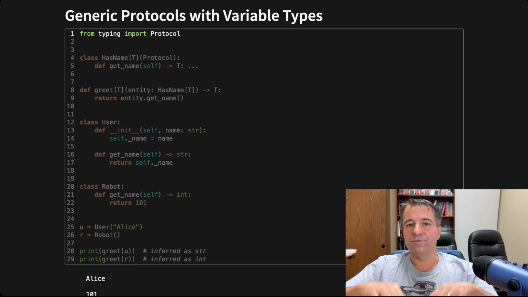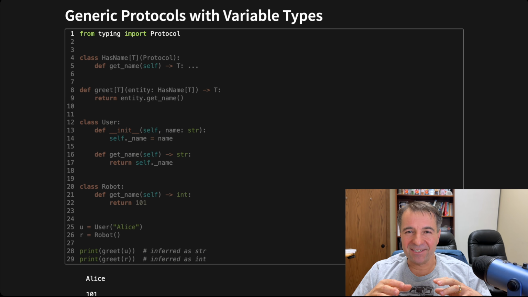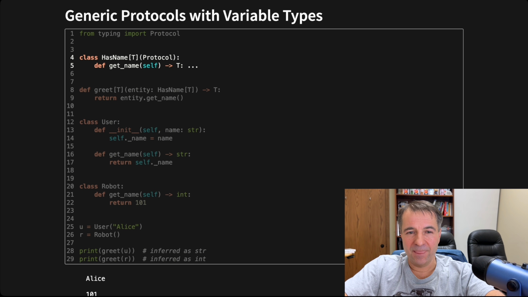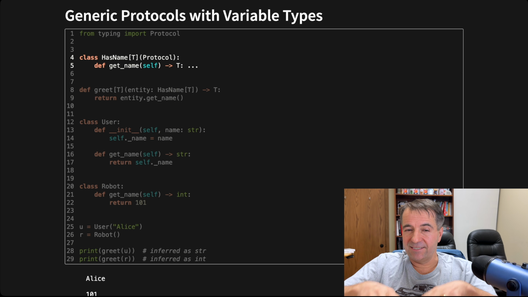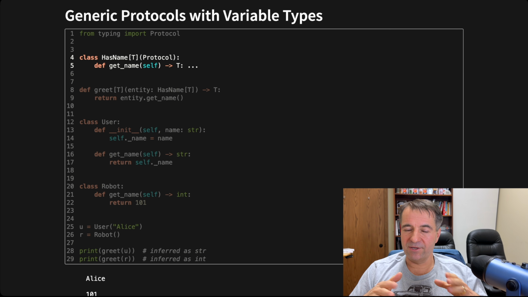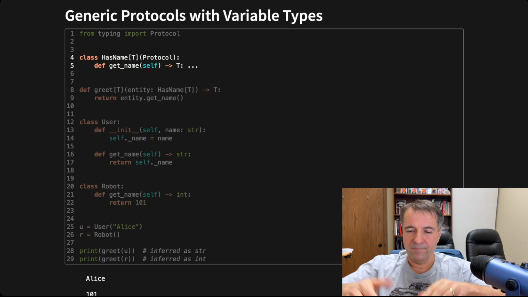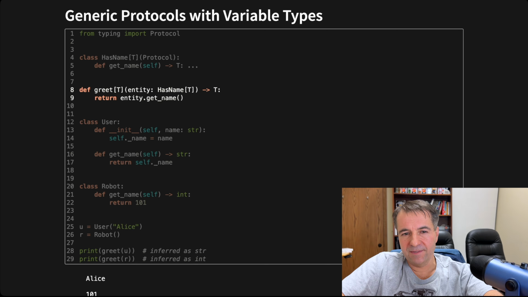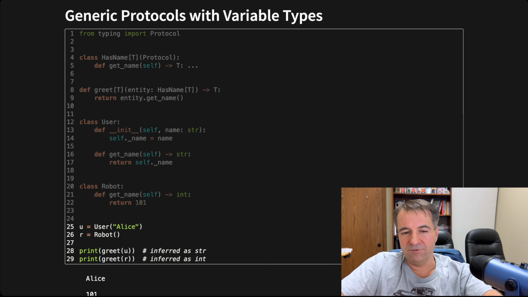Okay, so now you can also take the next step and do protocols with variable types. I'm just going to quickly show you what that would look like. So here we have a has name, but it can have a variable type. And in this example, the name can potentially be any type, because we have a robot there at the bottom that has a numeric name, line 20, and we'll get there. So we want to be able to support a getName function that does not necessarily return a string. And that's what we're doing over here. So that's the greet, again the user class, the robot class, and that's the usage of it.